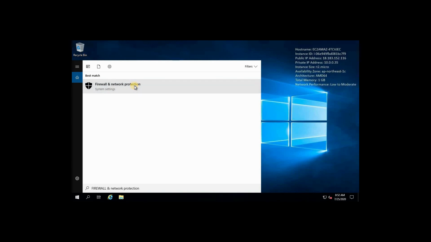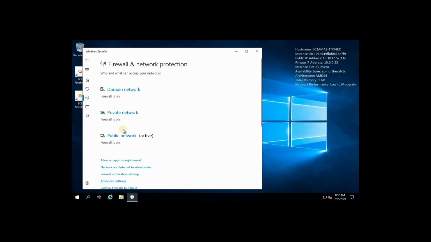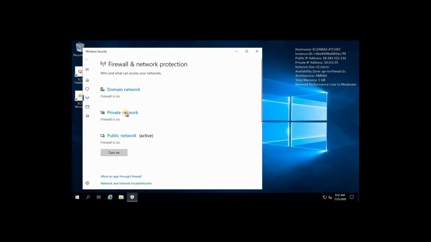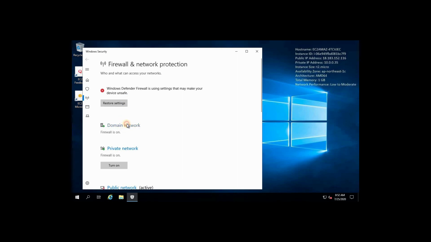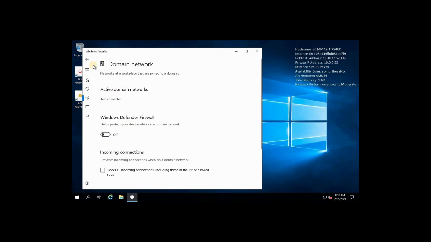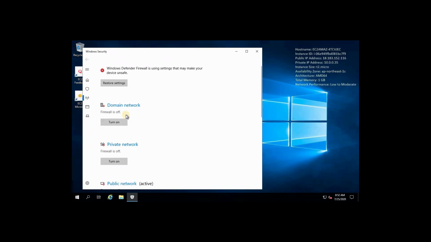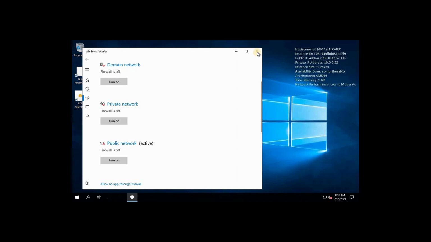Because we need to disable the firewall also on our Tokyo instance. Private network, select this off, select this one also off, and select this one also off. So now domain network, private network and public network are disabled.